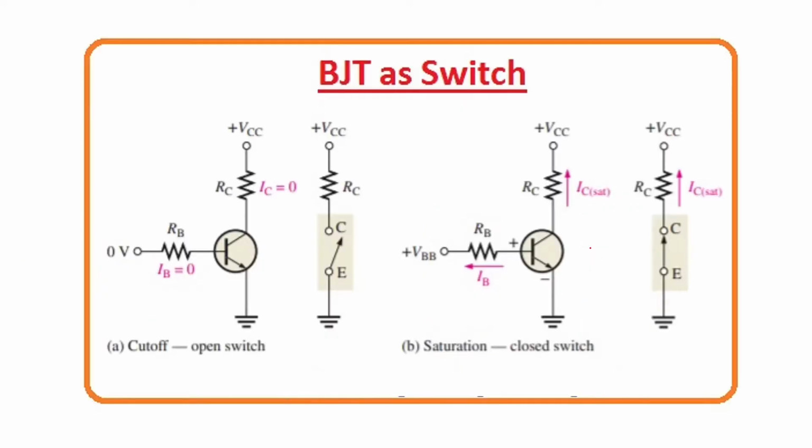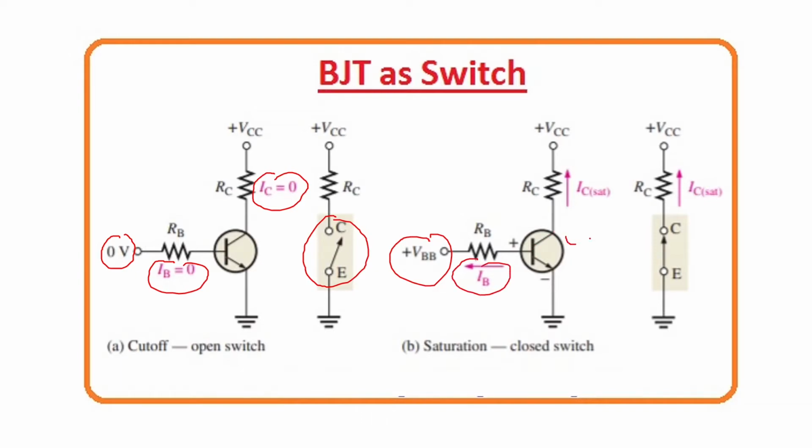So here again we can show the same type of concept. Here you can see when the base current is 0, when the applied voltage to the base is 0, the transistor is not going to be driven into conduction, it is not going to conduct, and there will be no current flowing in the collector region, so IC will be equal to 0 and it will be acting as an open switch. Similarly, when the base current is given, it is existing, that time the transistor will go into conduction, collector current also flows, and the transistor acts as a closed switch.